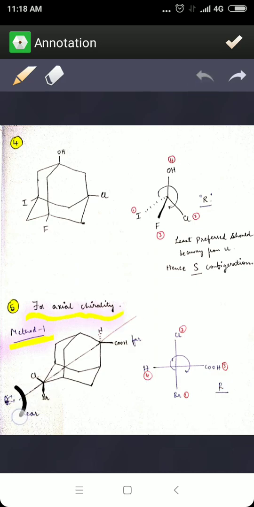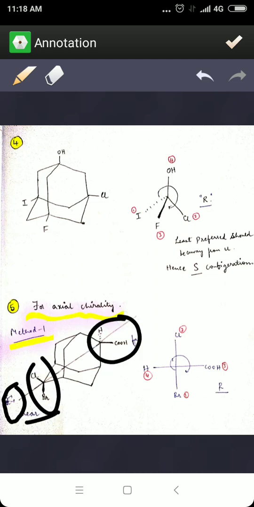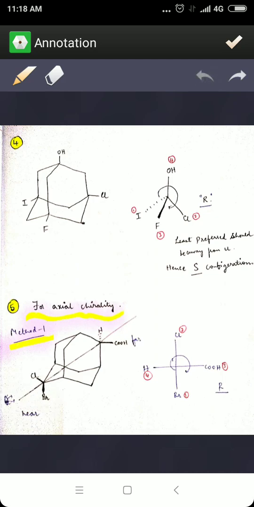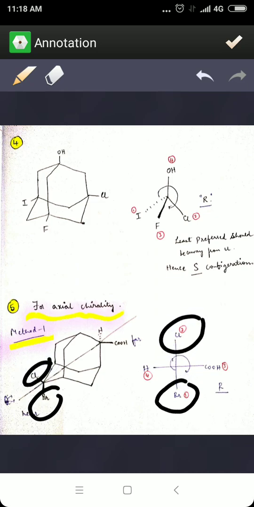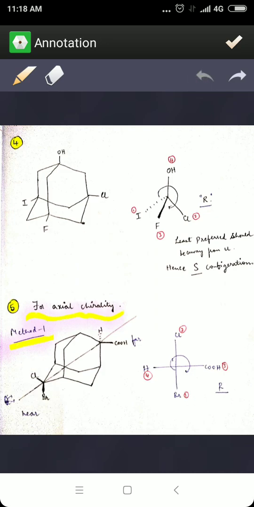So first you'll just write down an I, and then we make sure which function groups are near and which are far. The ones which are far, you're just going to write down as it is: whatever is on the right stays on the right, left stays on the left. Now, the ones which are near to you, the bromine which is on the right gets the bottom position, and chlorine, on your left side, gets the top position. So this is how you're going to write down the function groups.